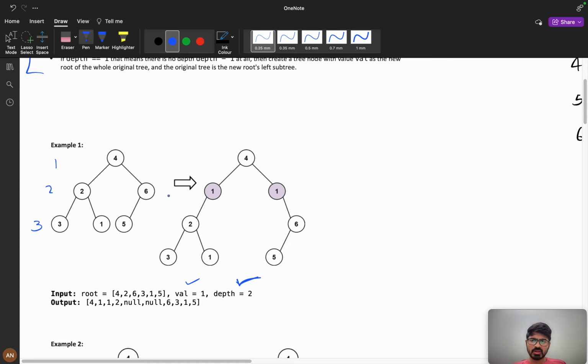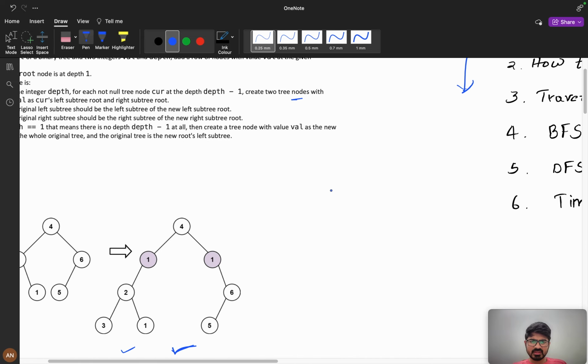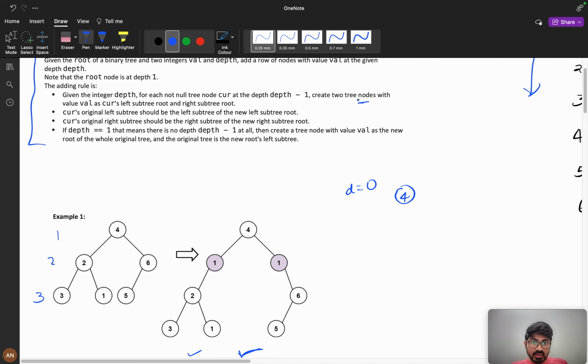Now let's see how we can modify the remaining elements. Given the integer depth, for each not null tree node current at depth minus 1, create two tree nodes with value as current's left subtree and right subtree. Suppose we are at 4, this is my depth 0. At depth 1 create two nodes.